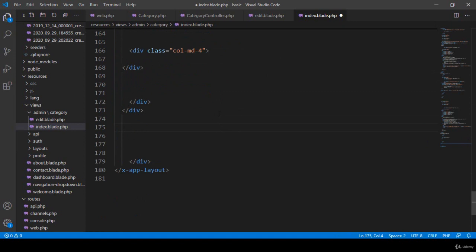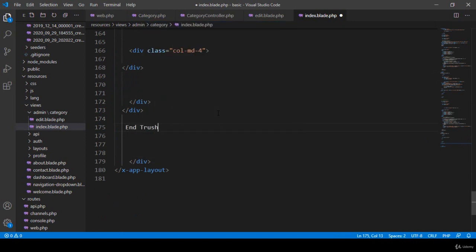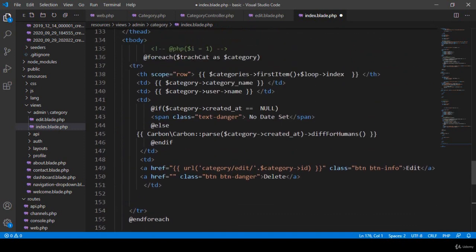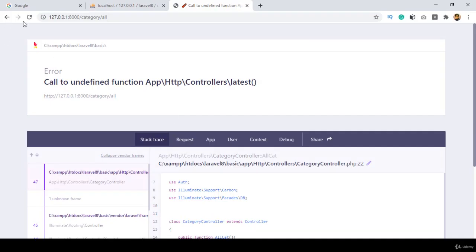And better I want to make it as an end trash. Okay, that will be an end trash. I also want to make it a comment, then it will be helpful to you. So perfect, friend, that's all. Okay, that's all we have to do. Now let's check this out. If you now click save all, and now if you refresh it,